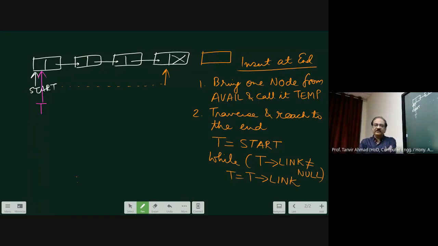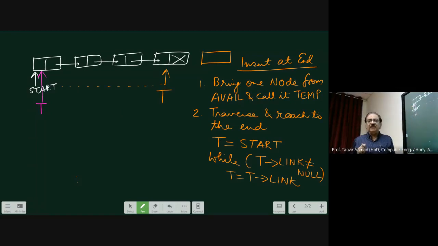Now understand this line very well. This line is a common line for traversal. What I did, I copied start to t. Now t will also contain the same address as start. Now I will move t forward till t reaches this point.